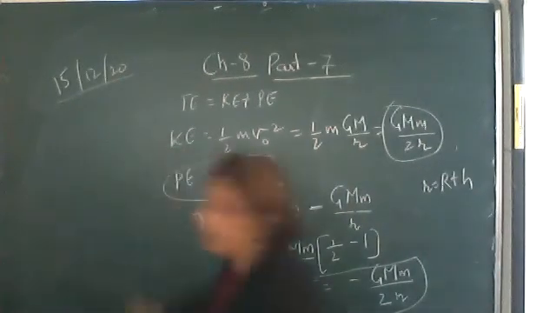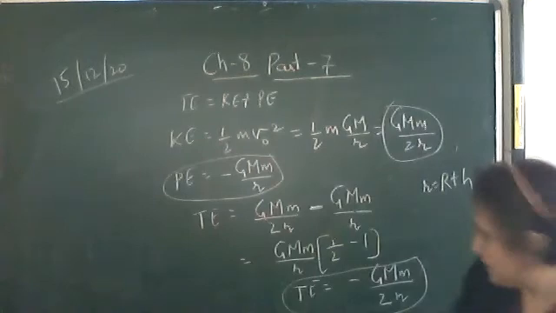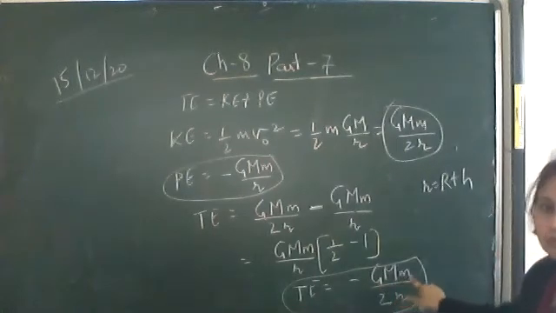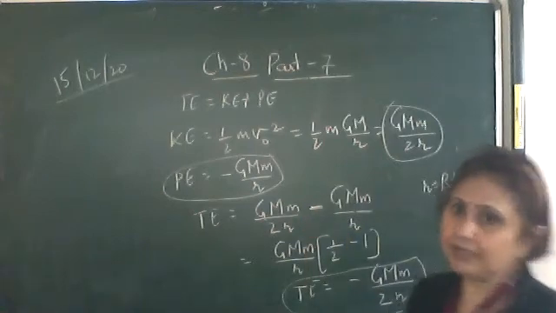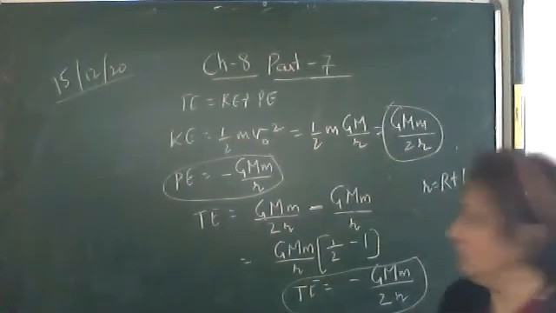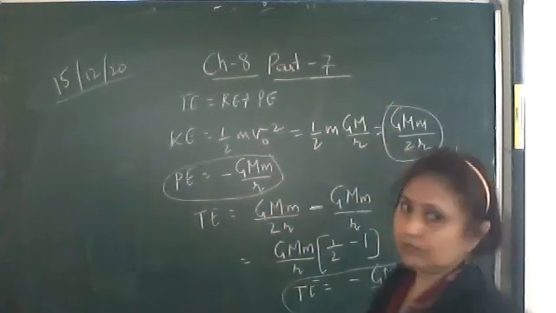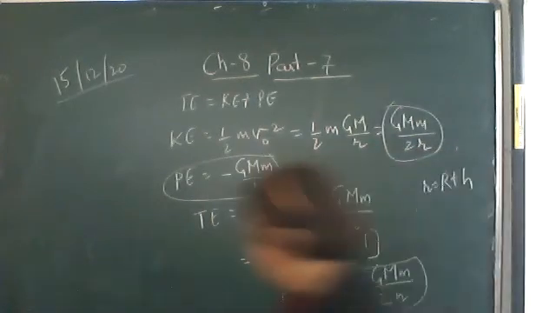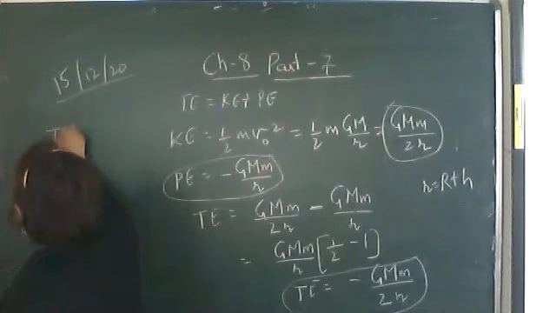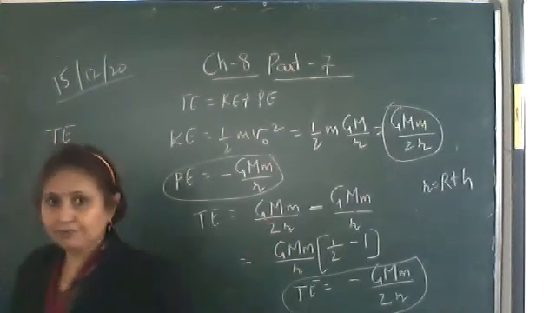Find out any one energy. Suppose you find out total energy. Substituting all the values, you get the total energy. Okay, and also you have to find out the kinetic and potential energy. No need to again substitute the values and waste your time. Find out the total energy. Okay, total energy you have obtained.